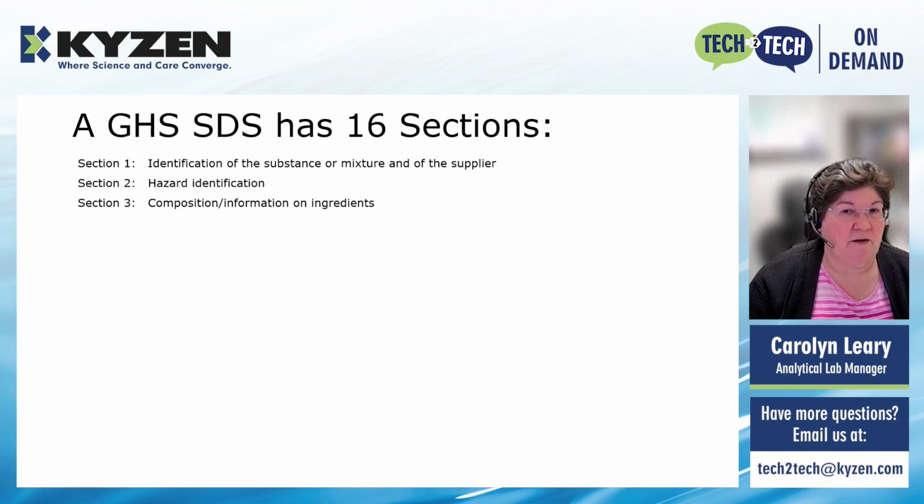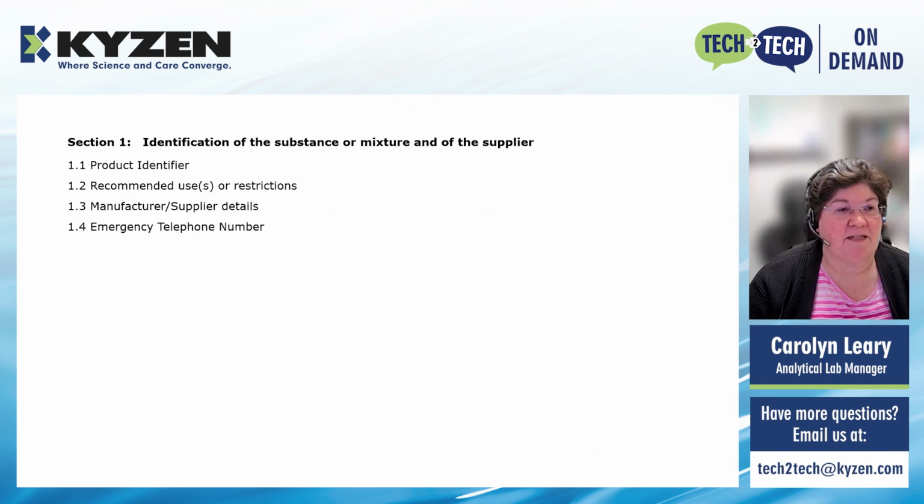So just to go over these again real quickly, so it blends in with what I'm going to talk about today. Section 1 is the identification of the substance or mixture and the supplier. So here you will find the name of the product identifier, its recommended use, or if there's restrictions, the manufacturer or supplier that's offering this product to market. And this should include an address and phone number and a way to contact them if you have any questions on their safety data sheet. And then lastly, in section 1, there should be an emergency telephone number in case of spills or accidents